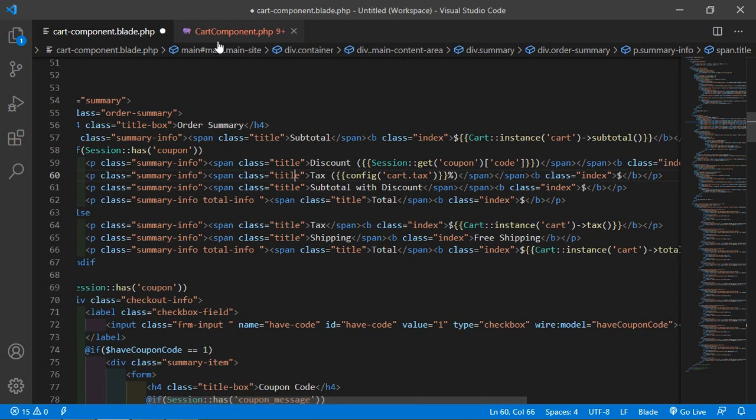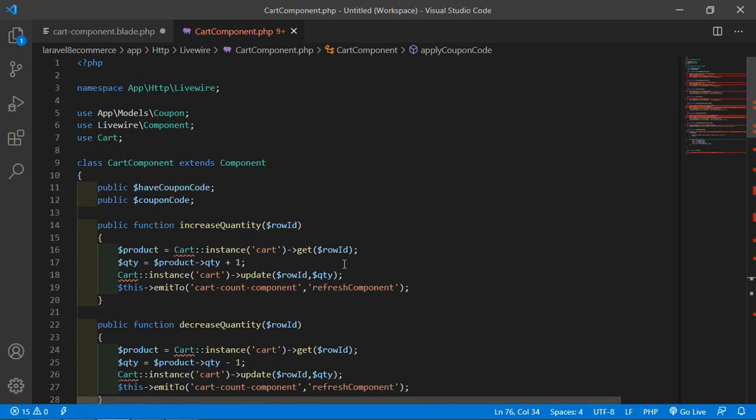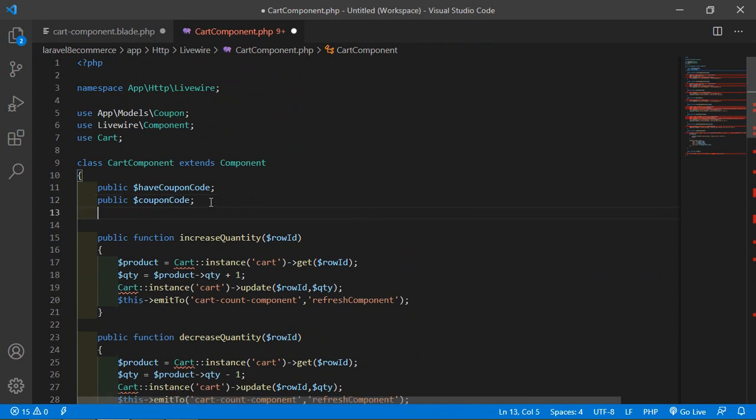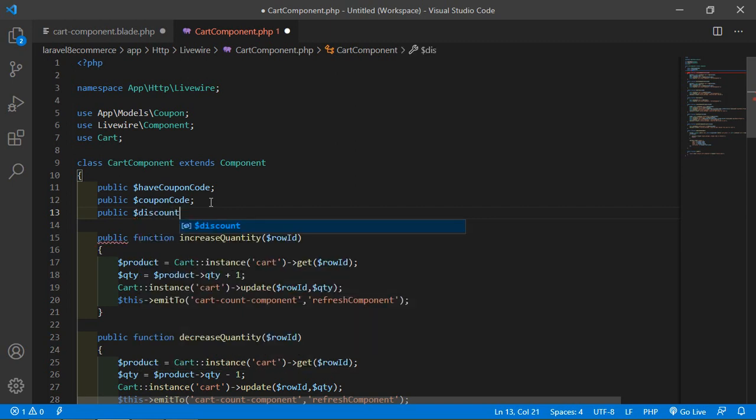So for that, go to the cart component class file, and here first of all create some properties. So after this, just write here public, and property name, which is $discount.